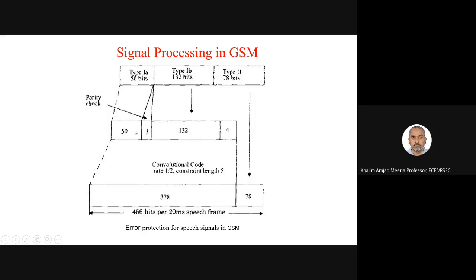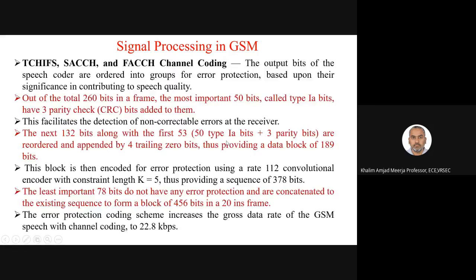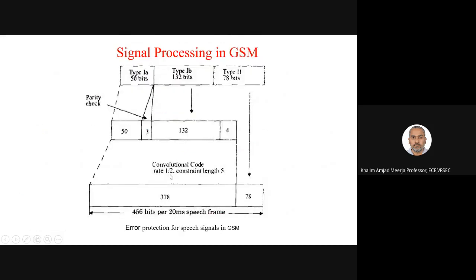So for type 1A, you are appending three CRC bits to the 50 bits. Then you are appending the 132 bits here with four trailing 0 bits. Then this entire group is passed through a half-rate convolutional coder with a constraint length of 5. So these bits are converted to 378 bits. Then the least important bits are just appended to these 378 bits. So a total of, if you add these bits, it will be 456 bits for a